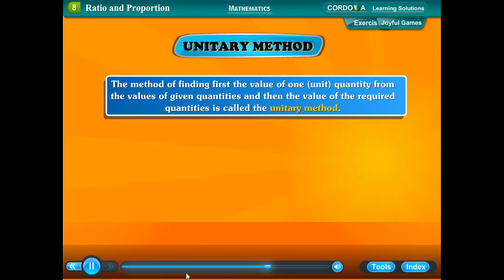Unitary method. The method of finding first the value of one unit quantity from the values of given quantities and then the value of the required quantities is called the unitary method. We have already learnt that if price of one article is given, the price of any number of such articles